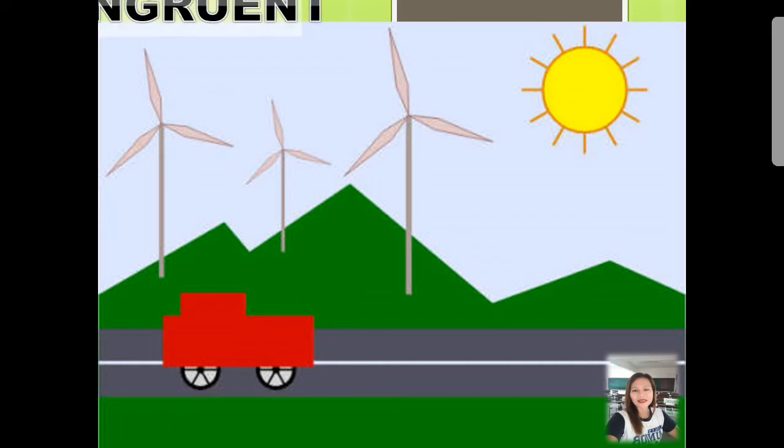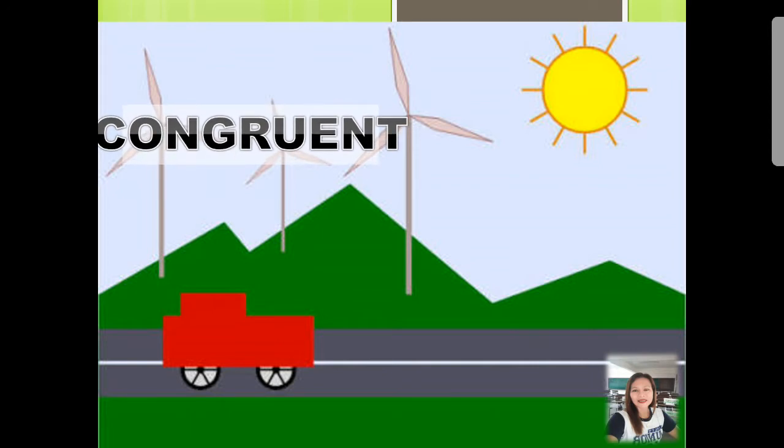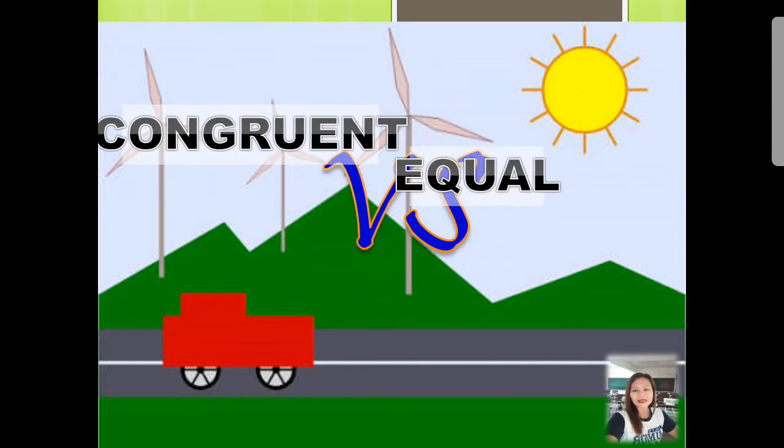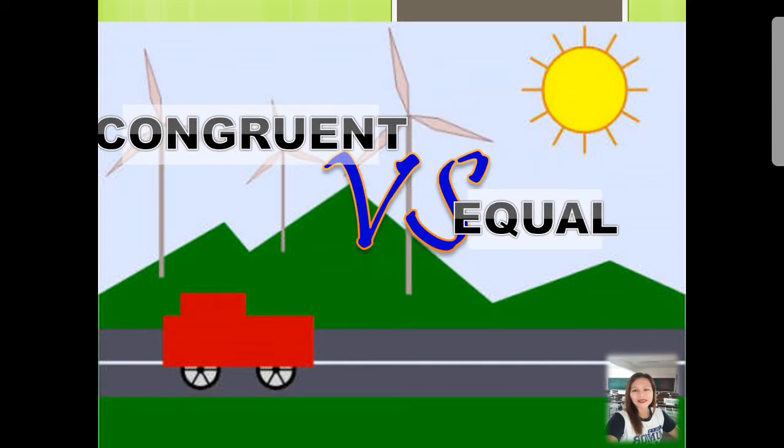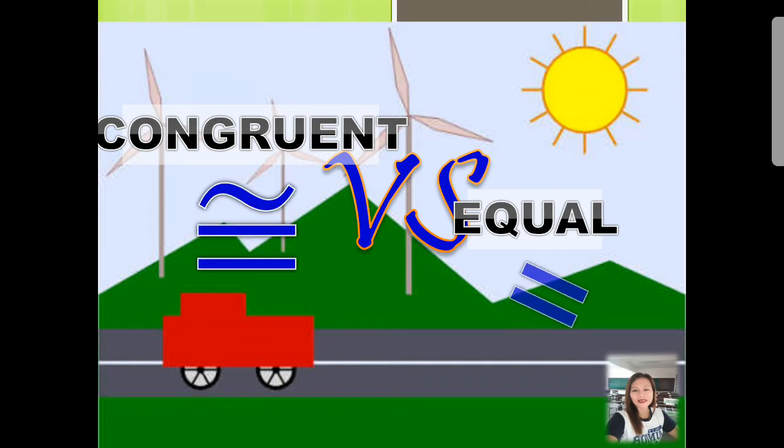So at this point, congruent versus equal. Congruent in symbol and for equal,